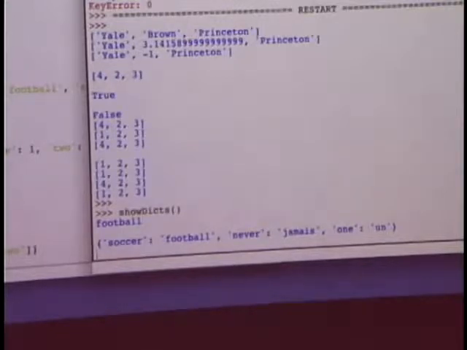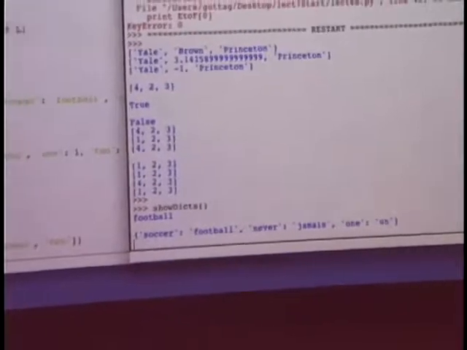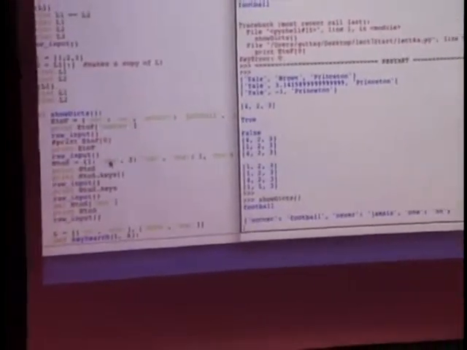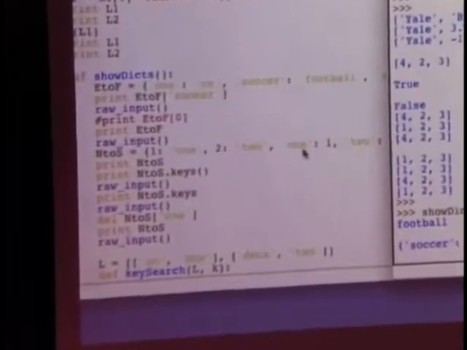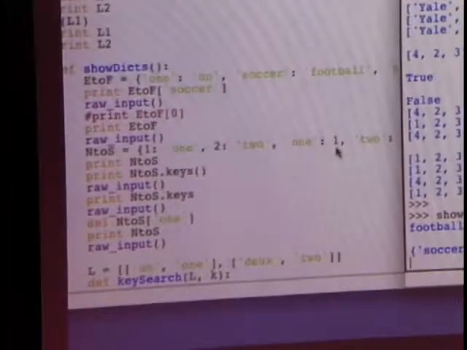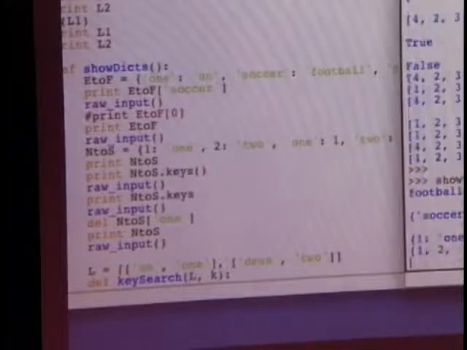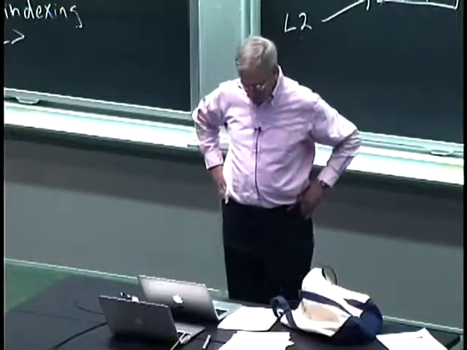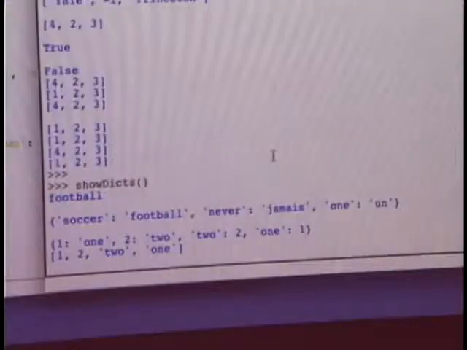that's that. And then I'm now going to create another one, n to s for numbers to strings, where my keys are numbers. In this case, the number 1 corresponds to the word 1. And interestingly enough, I'm also going to have the word 1 corresponding to the number 1. I can use anything I want for keys. I can use anything I want for values. And now if we look at this, we see I can get this. All right, so these are